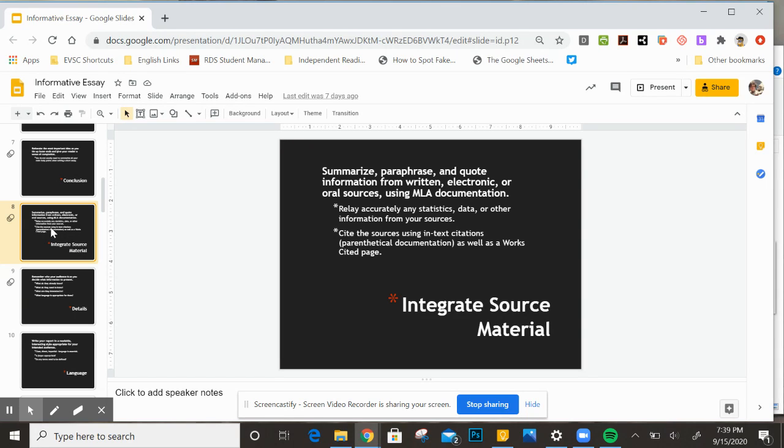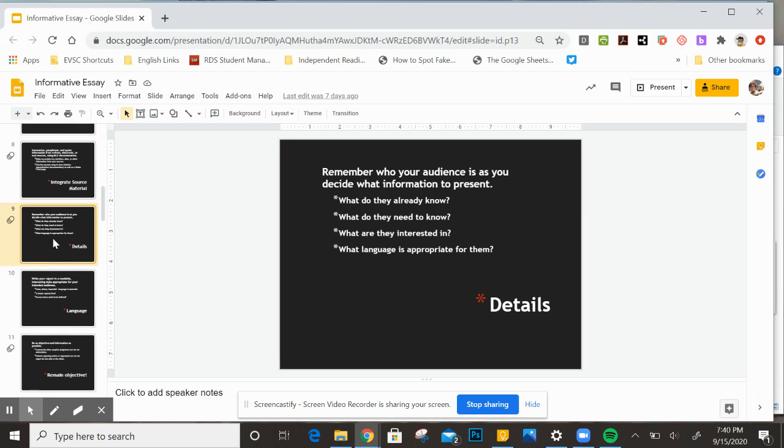And then a summary takes a large piece of work, like an essay, a novel, a movie, a documentary, something, and it boils it down to a paragraph of the main points. Now, you will not have a citation with this necessarily, but you will probably, in the first sentence, say where this comes from, like according to whatever book or according to whatever novel, documentary, video clip, or whatever, right? This is where you just give the big, broad brushstrokes of something. Now, we talked about this before, just as a refresher.